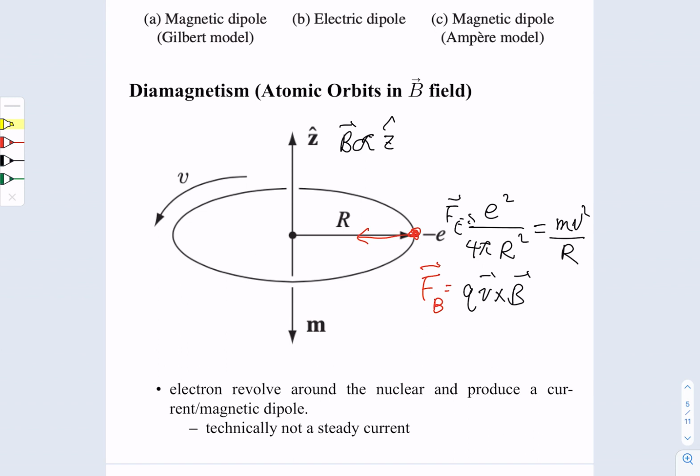So here, for different orbitals of the electrons, the change of this magnetic moment m is finite, and is always anti-parallel to the B, or always opposite to the B direction. And even though the average of this m is always 0,